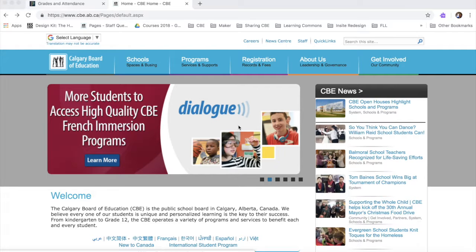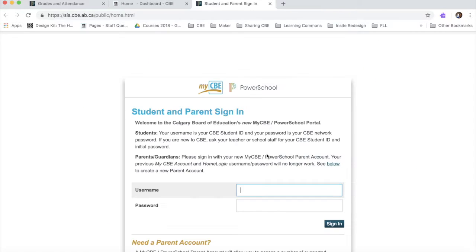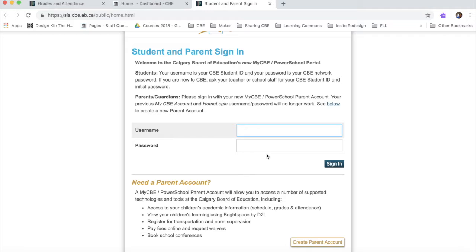Step 1. Go to the MyCBE PowerSchool portal sign-in page. You can access this page from the public CBE website or your school's website. Step 2. Enter your username and password. There are also instructions on this sign-in page for how to create an account for logging in to the MyCBE